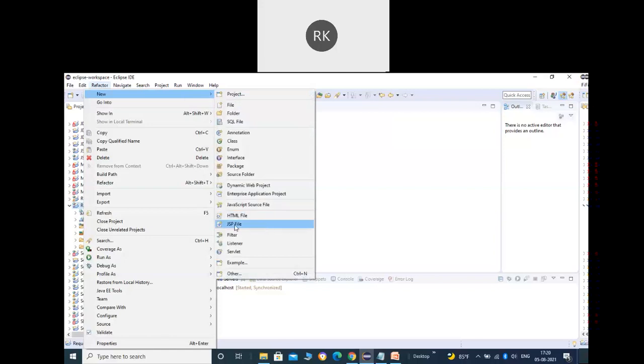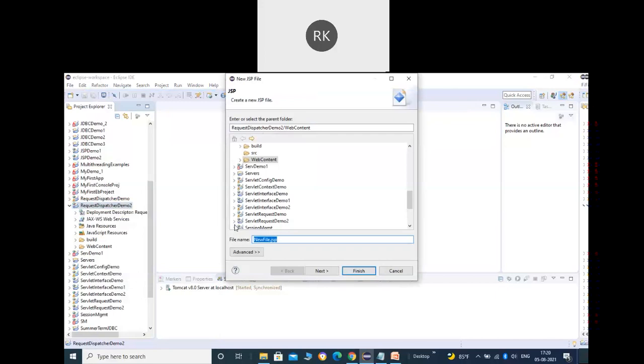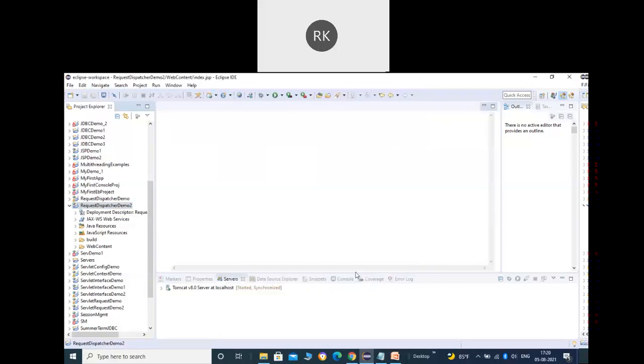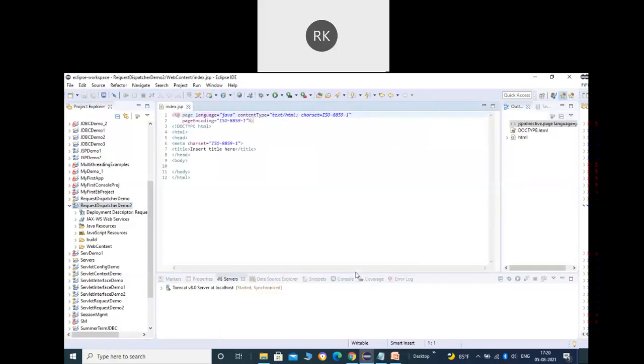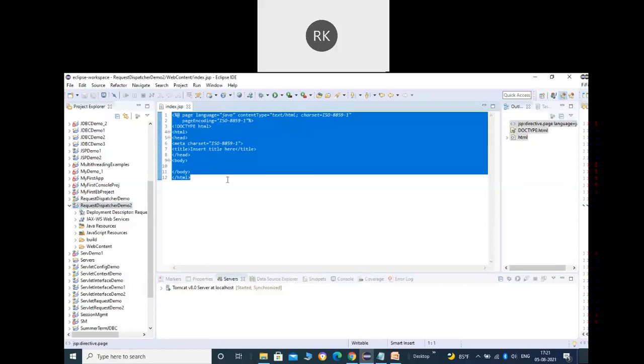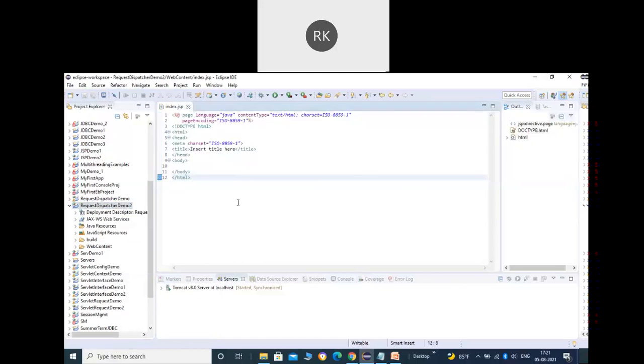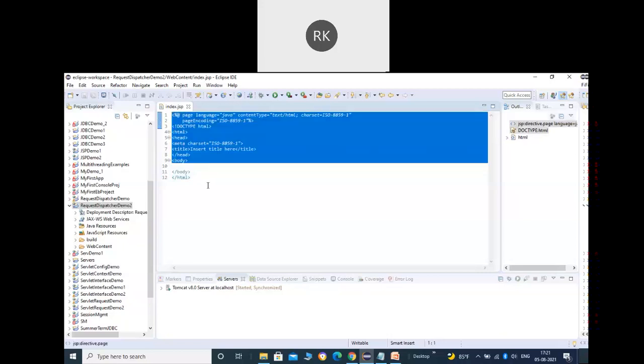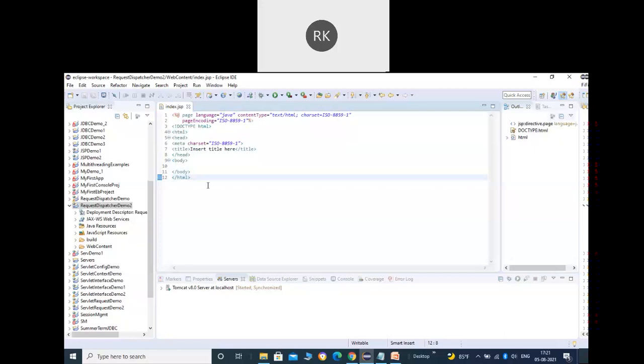First of all, it will have the index.html page. If you want, in place of index.html, you can also create a JSP page. JSP looks like HTML, but here we can also define Java code. JSP is a later topic, but for now, let me show you. If you want, you can add a JSP page here. That's totally your choice. The name of the page will be index.jsp.